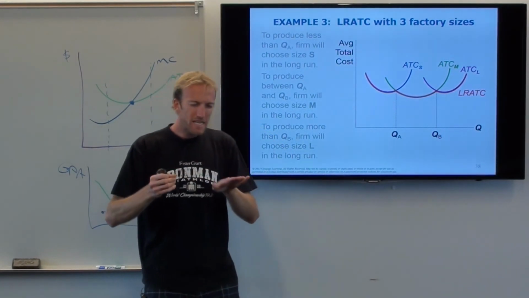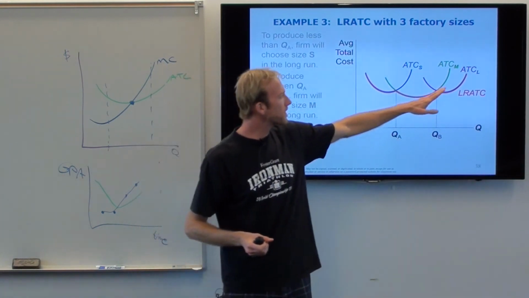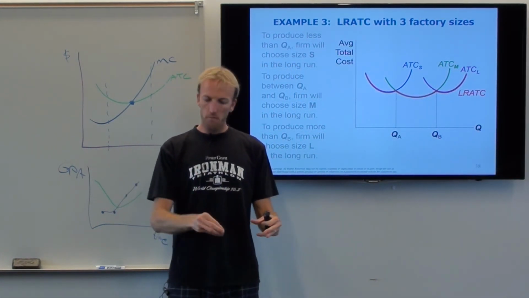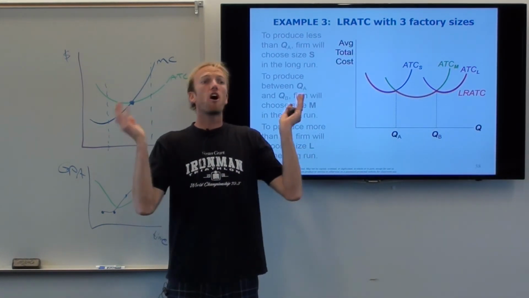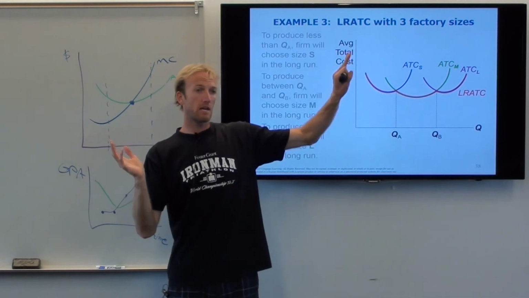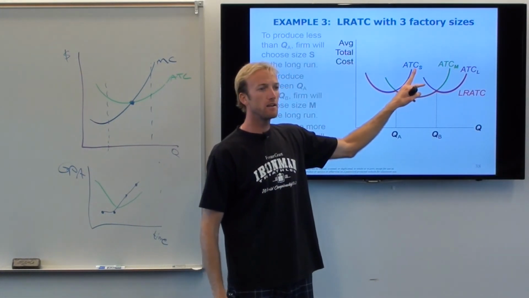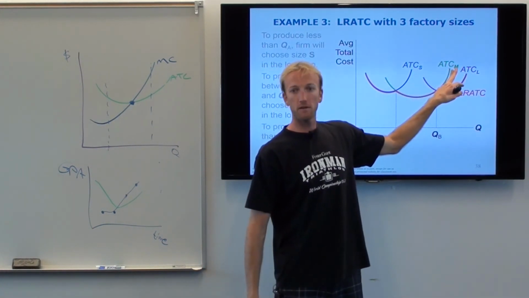Because remember the reason all of our cost curves go up on the right-hand side of the graph like this is because of diminishing marginal product. If I only have 1 factory, I put more workers in, they get crowded, they can't produce as much, costs start skyrocketing, and it goes up like that, right? Well, instead of costs skyrocketing, because all my workers are crammed in there, what should I do? I should just build a bigger factory.